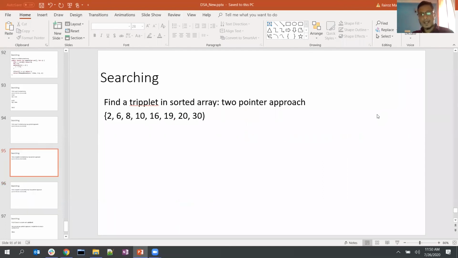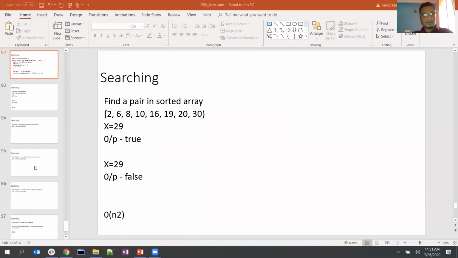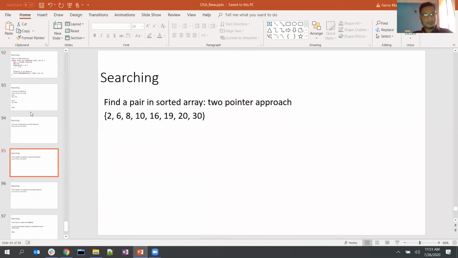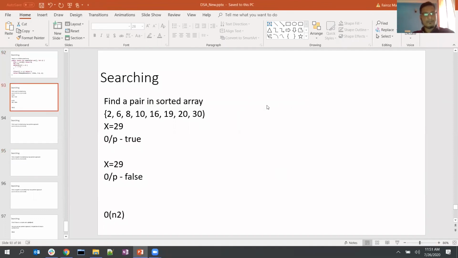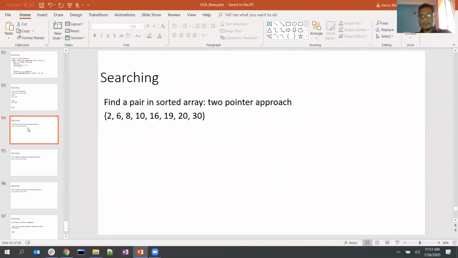Array list can be used as infinite. Shall we continue or stop, because it is already 11:50? Do you think you will be able to finish in 10 minutes? In that case, let me try to cover it.